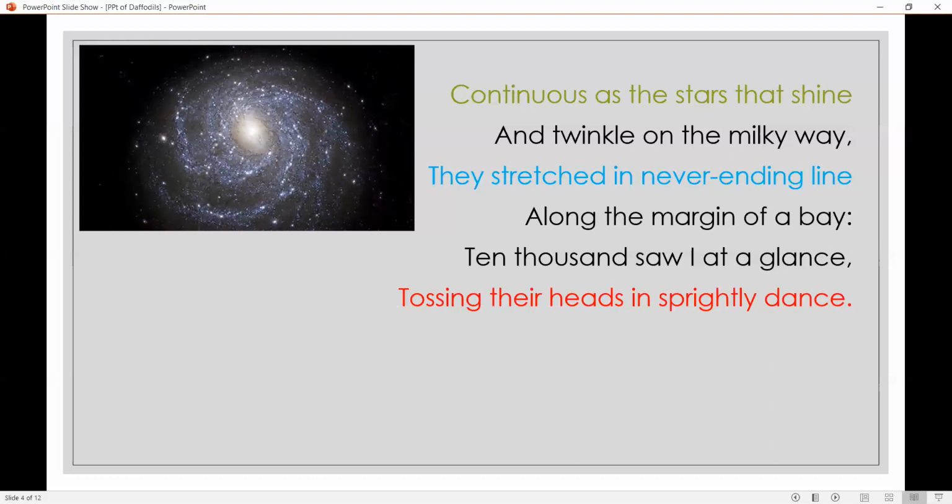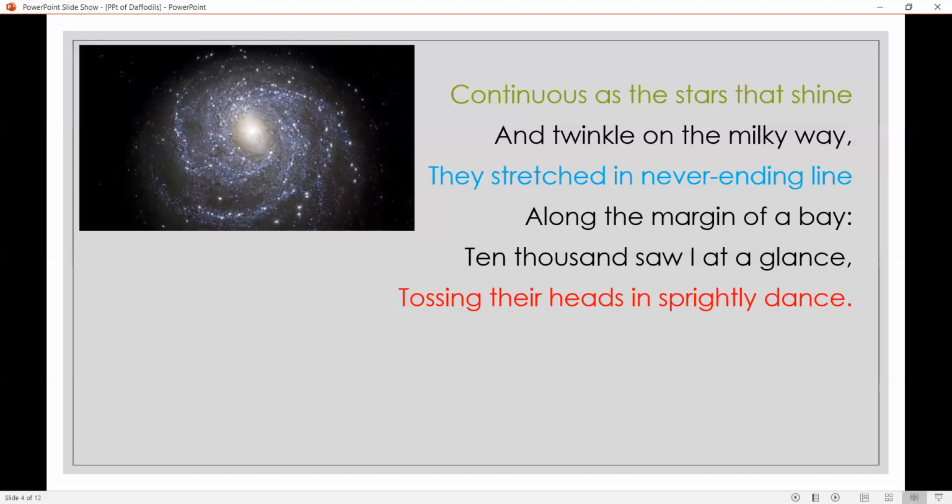Now they are continuous. There is no break in between. They are continuous to be seen as stars. There is the word used, as. There is a comparison happening. As stars that shine and twinkle on the Milky Way. To what is he comparing? He is comparing the daffodils which are continuously grown and dancing there to the stars that shine on the Milky Way. They are stretched in